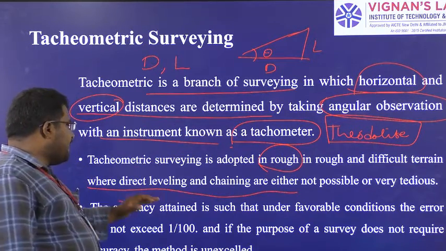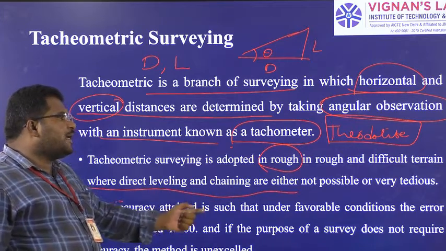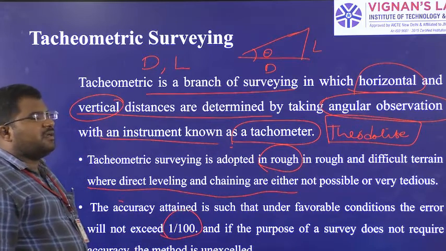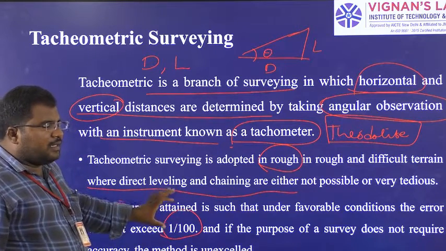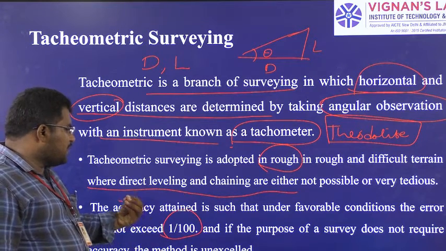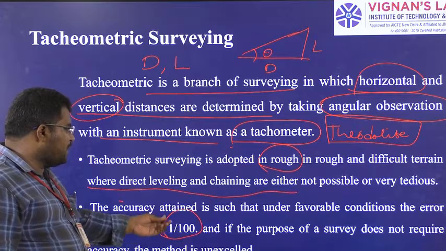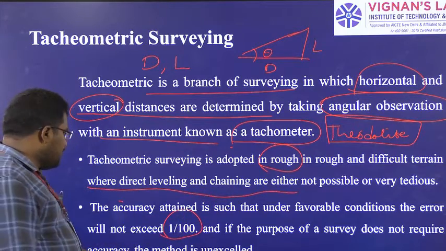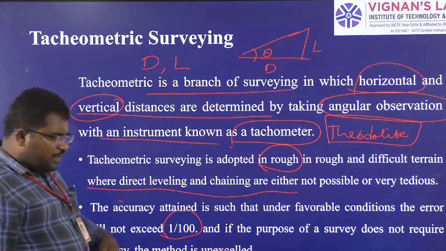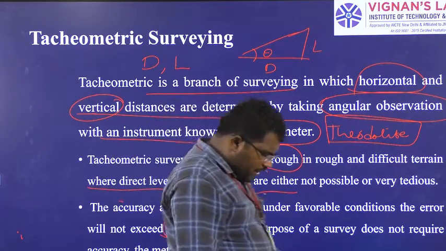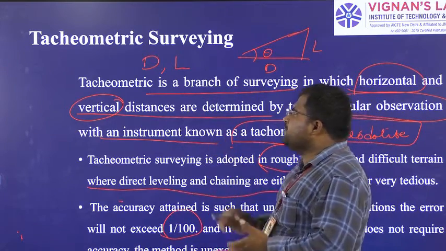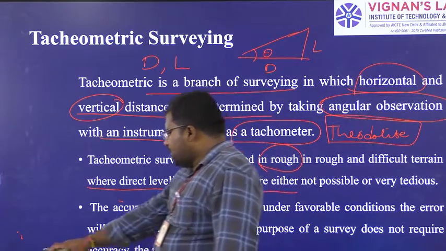The accuracy attained is such that, under favorable conditions, the error will not exceed 1 in 10, that is, 1 in 100. That much error should not be there. If the purpose of the survey does not require accuracy, the method is unexcelled. So whenever you are doing a survey where accuracy is not that much needed, we can use tachyometric surveying. Next we will see